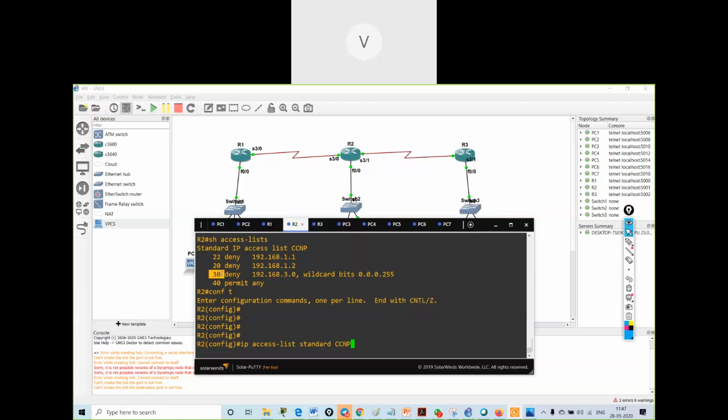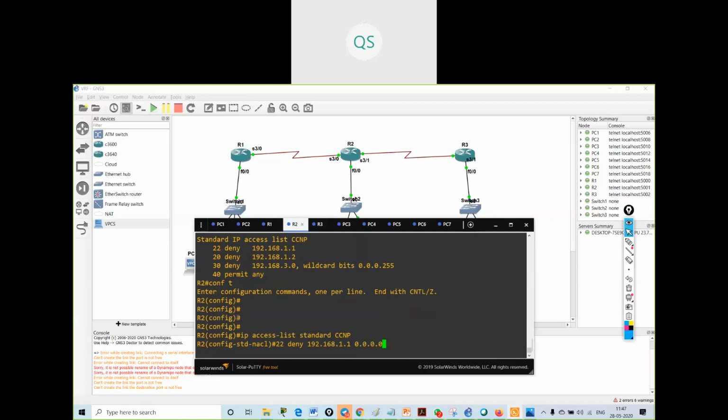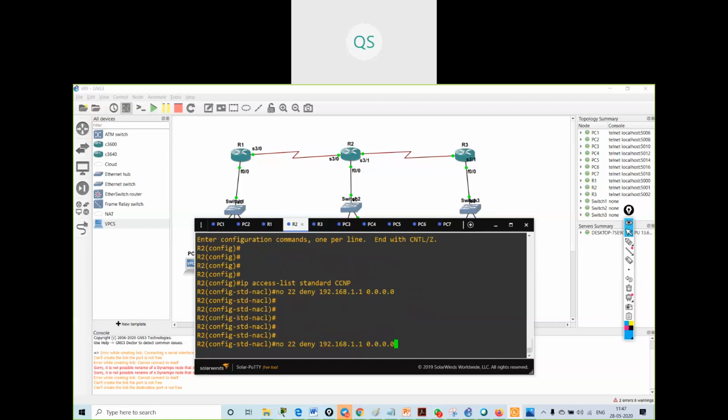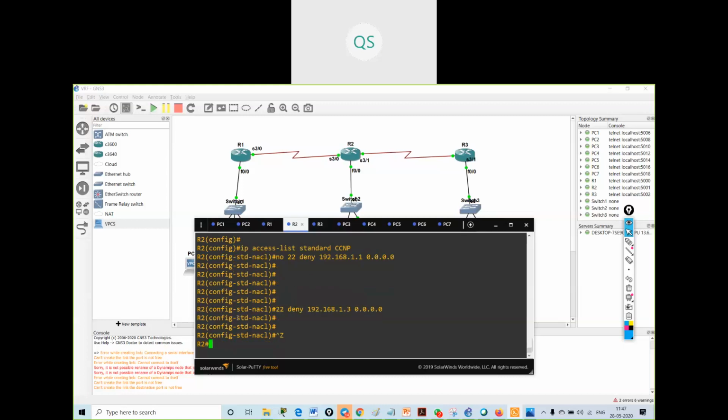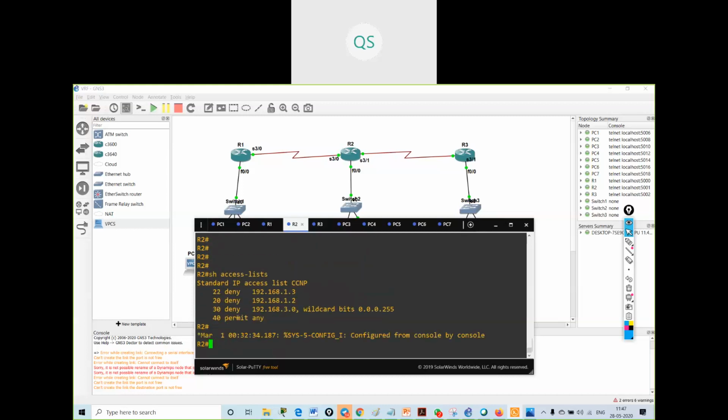So shouldn't 22 be below the 20 sequence, right? Usually the access list sequence is like 10, 20, 30, 40, 50. If I give no 22 and if I give over here 1.3, it should come below this thing, but why is it coming over here?